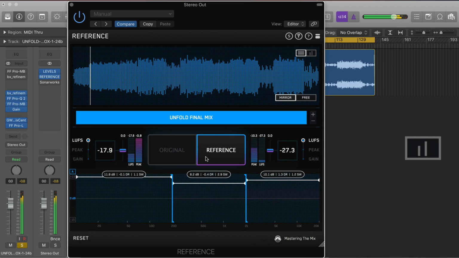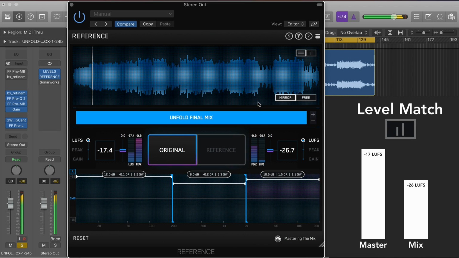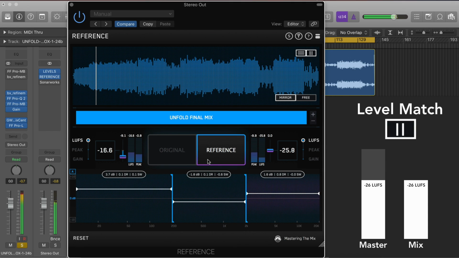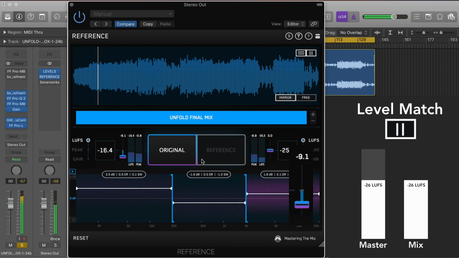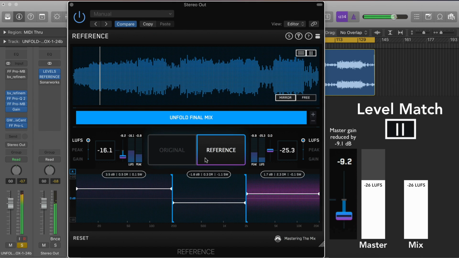The final step is to click the Level Match button to balance the two tracks so they have the same perceived loudness. Your master will most likely be a lot louder than your mix, giving you the misconception that it has a fuller bass and more clarity in the high frequencies. The Level Match button will allow you to compare the two tracks without bias,